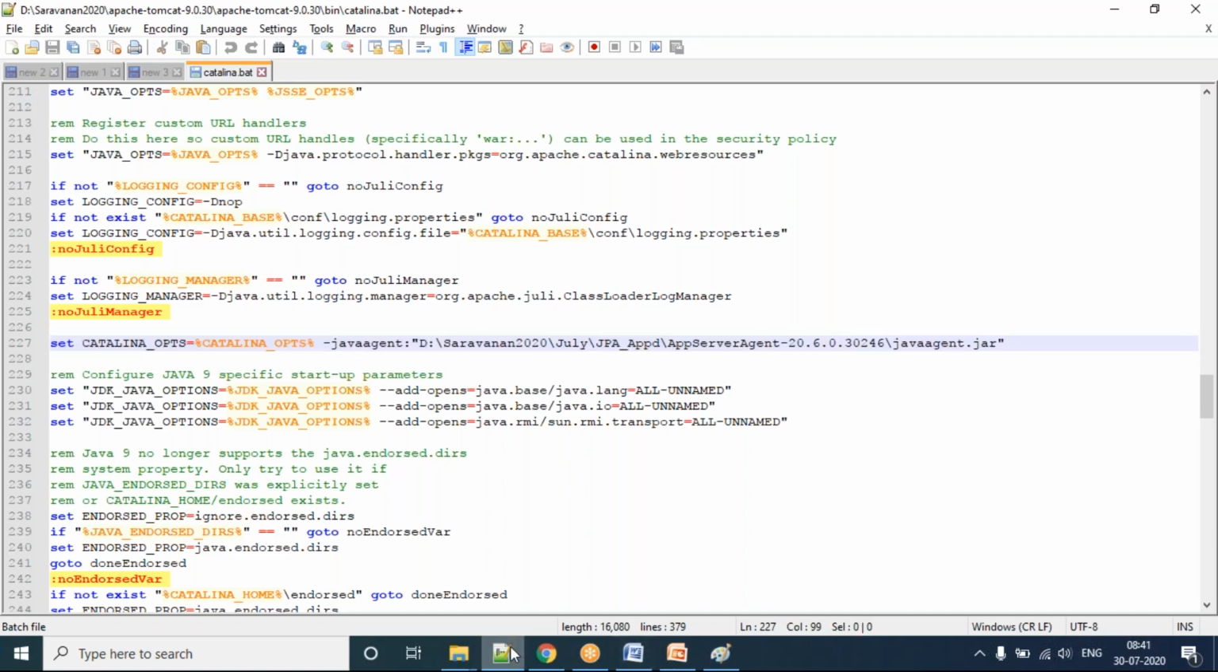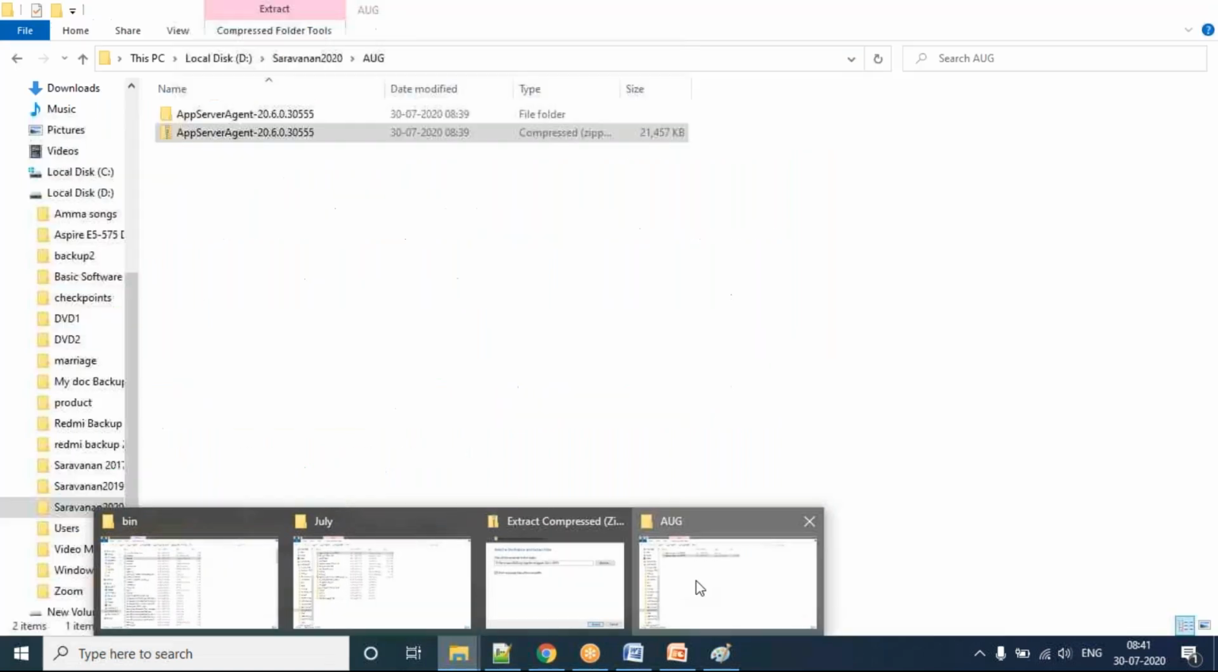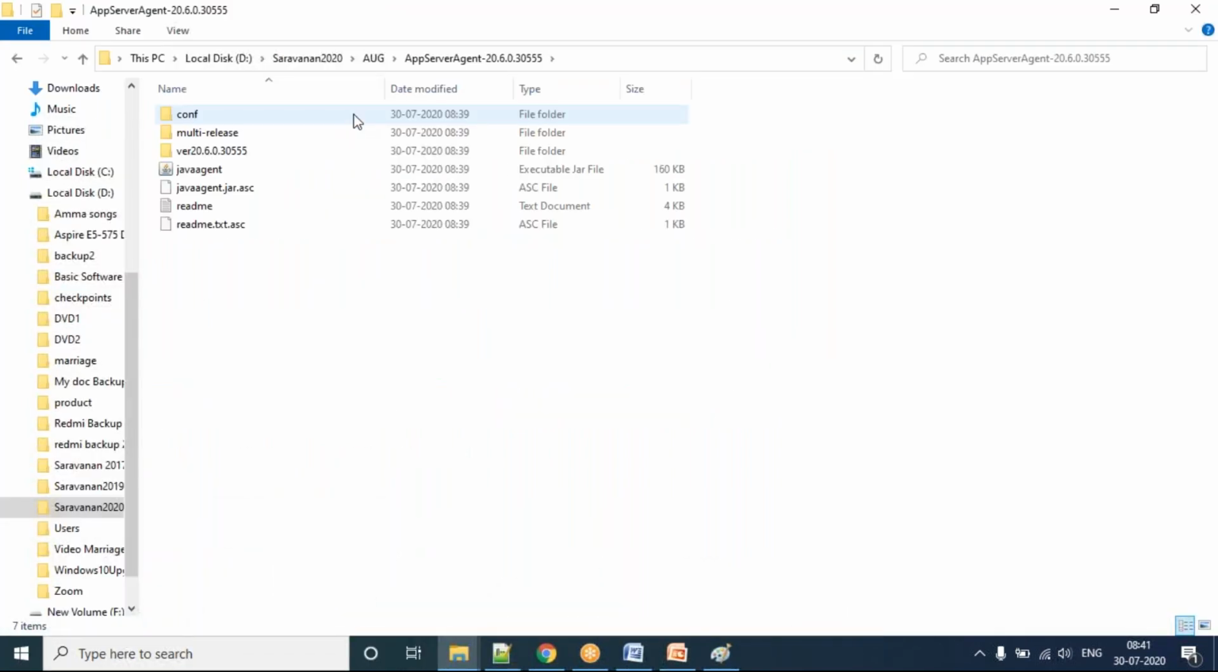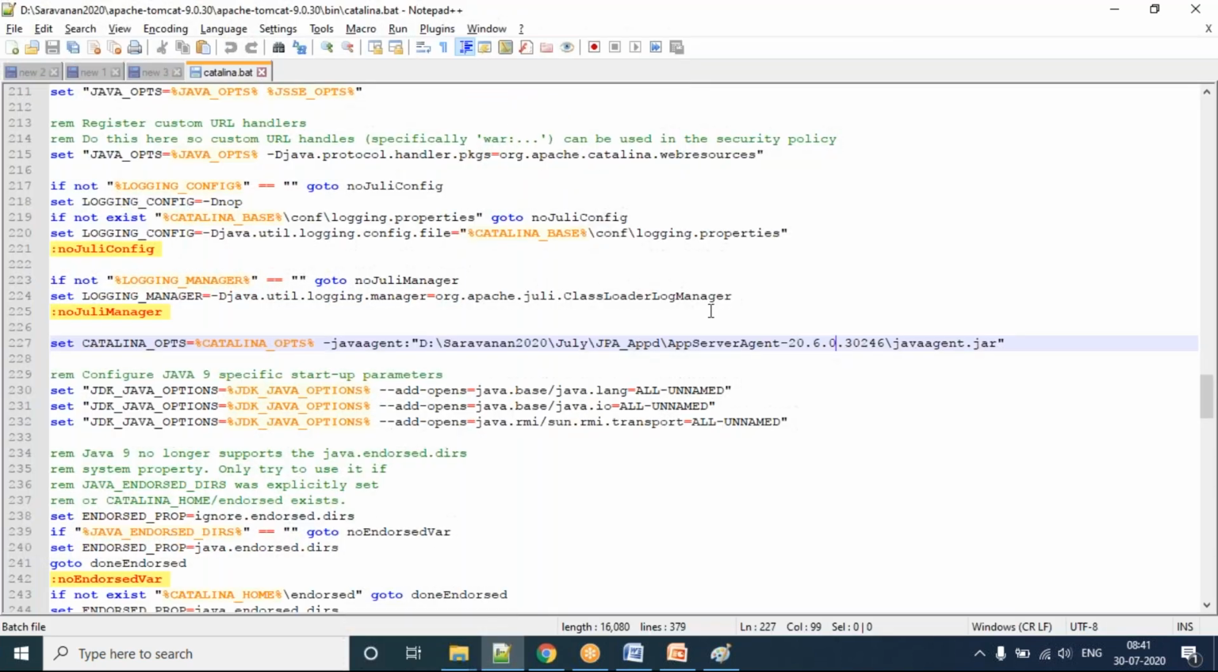Okay, first of all, I will tell you how I will add it. I have an agent path, right? This is my agent path. My Java agent is here, right? I can give this path directly. Copy this path, go here, and replace this path here. So basically this entire line, set CATALINA_OPTS, you should inject inside this catalina.bat file